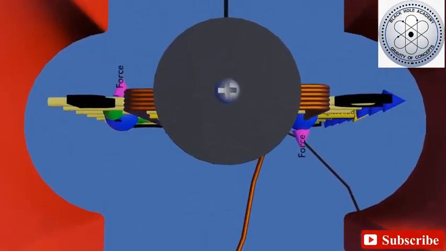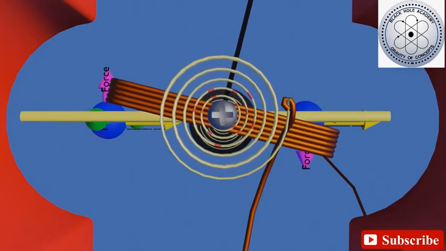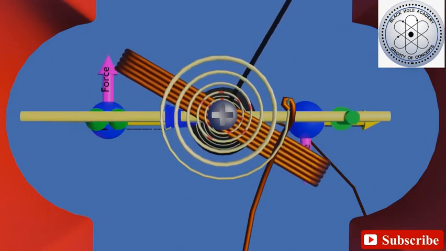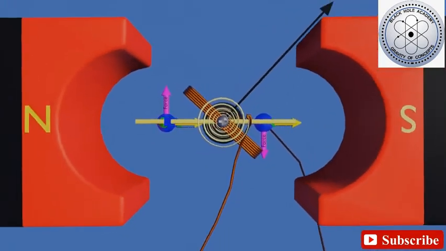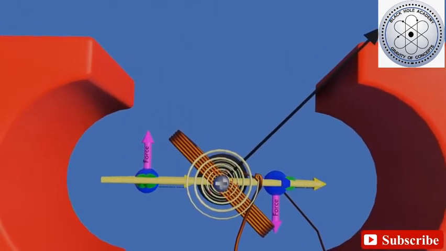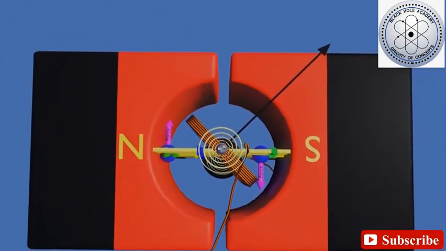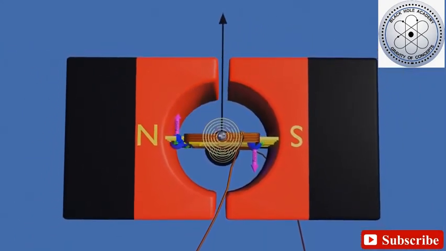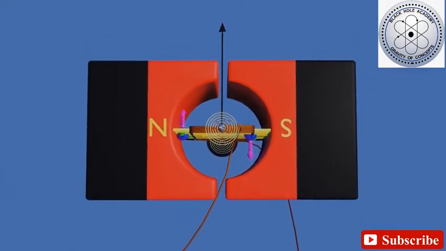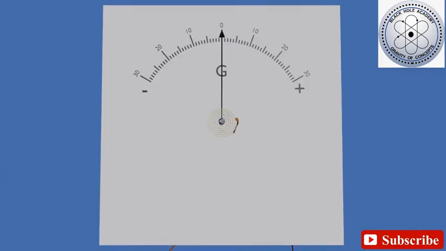Therefore, according to Fleming's left hand rule, a couple of forces, or torque, starts acting on the coil, which will help in rotating the coil and causes angular deflection of the pointer. At this time, the hairspring comes into play and creates a counter torque to resist any extra unnecessary deflection or damage to the very sensitive pointer, and always ensures the proper functioning of the galvanometer. A corresponding calibrated scale is provided for converting the angular deflection of the pointer into microamperes.